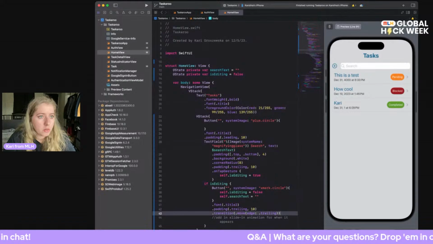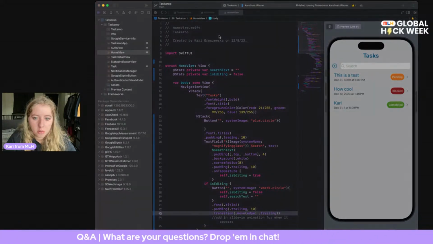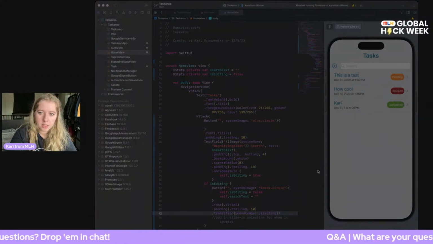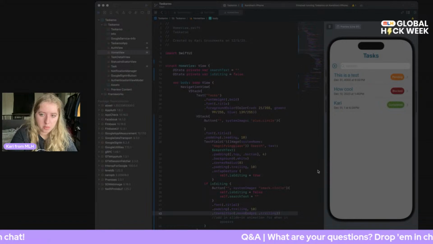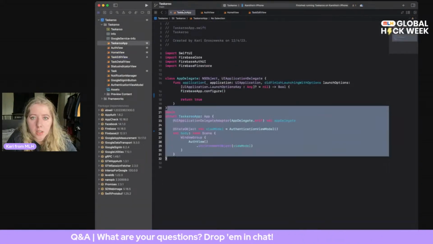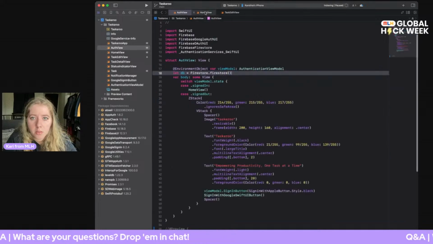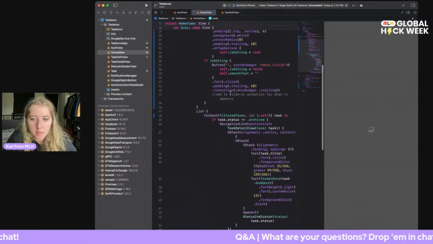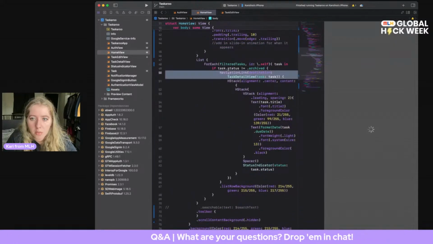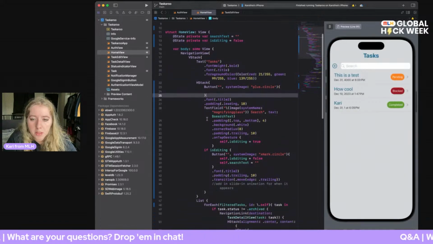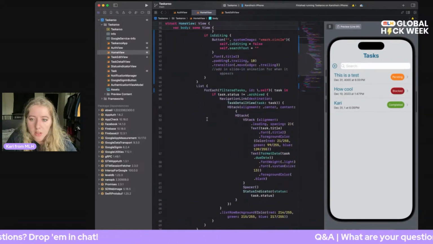File, new. Let's do file. We'll do a SwiftUI view, and this will be the task detail or task edit view. And it will just go right in here. Sweet. And then it can go right into our home view. And then I want to just, or wait, would it be navigation link? Oh, but then this button needs to be a navigation link instead of